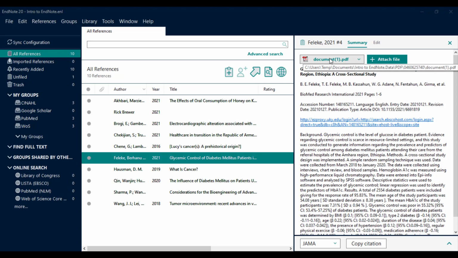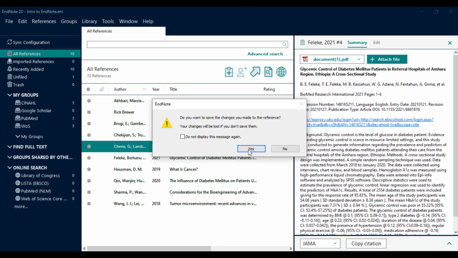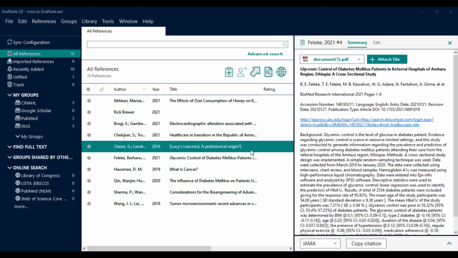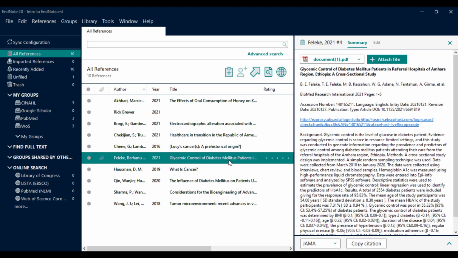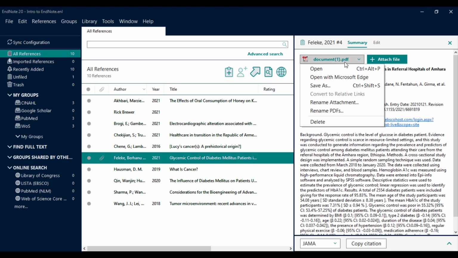Now, in order to actually save the attachment, you have to click out of the article that you were viewing just now and it will prompt you to save the changes that you made. So I'm going to hit yes. And once it does save the attachment to the reference, you can see that there's a paperclip icon next to the author name. So if I open the PDF for the glycemic control article,